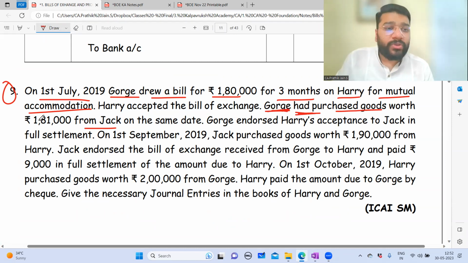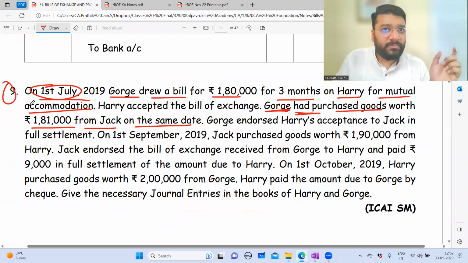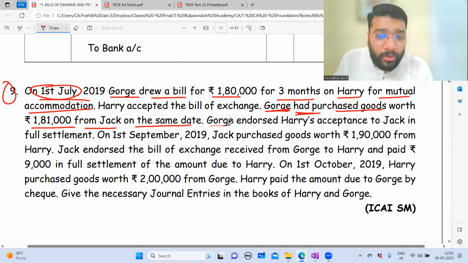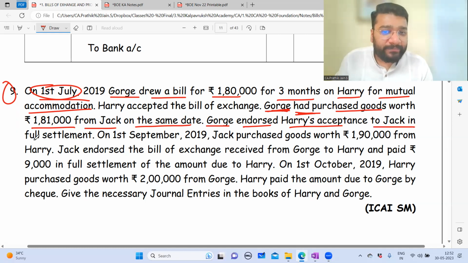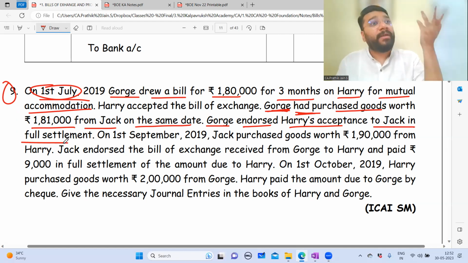Gorgi had purchased goods worth 181 from Jack on the same date, the same date the bill of exchange was executed. Gorgi endorsed Harry's acceptance. So Harry has accepted one bill, which is with Gorgi. That bill he has endorsed to Jack as a full settlement, which means